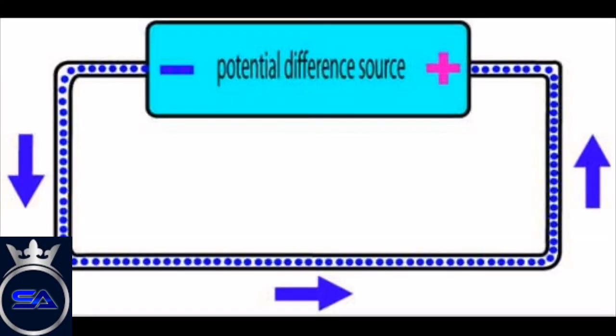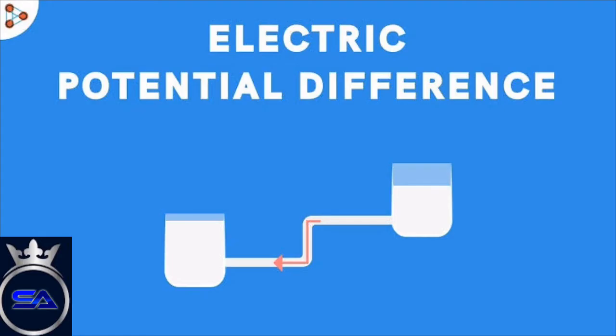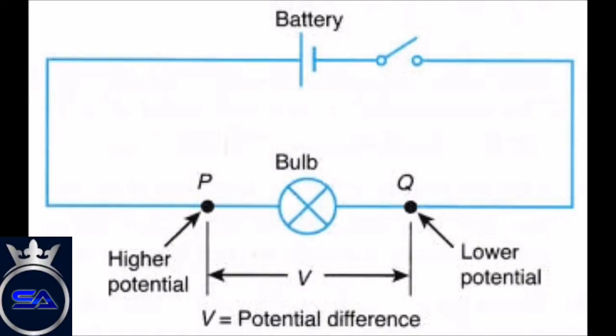The next subtopic is potential difference. The difference in the potential energy between the points on a surface at different heights causes the movement of water from a point of higher potential energy to a point of lower energy. The flow of electric current also needs a difference in energies between 2 points in a circuit. This difference in energies makes the charge flow from one point to another point. This difference between the energies is called the potential difference.